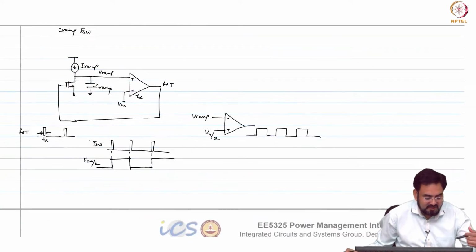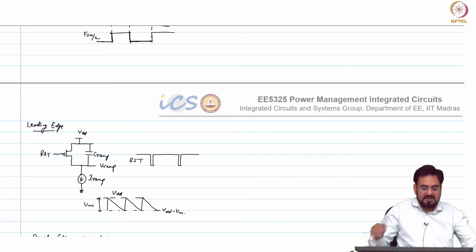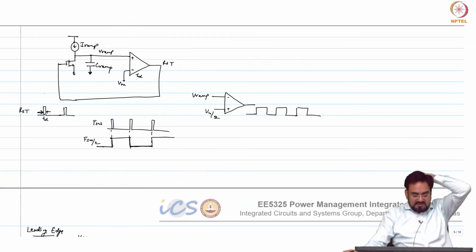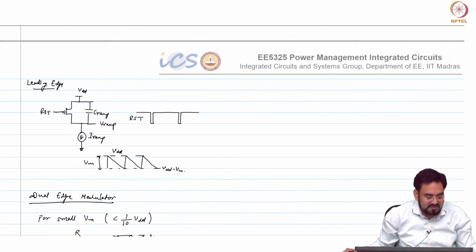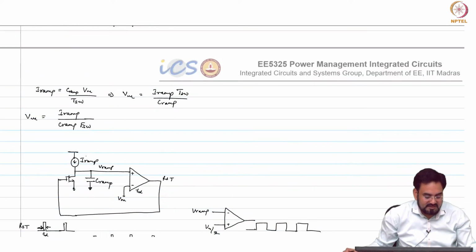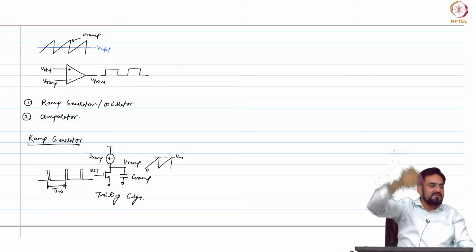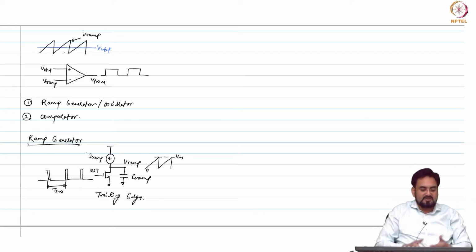So, whether you use an oscillator or this simple ramp generator, how do we make sure that my common mode remains at VDD by 2? Because we are resetting at 0. In this oscillator, this MOSFET will reset to 0 ground, and if you talk about the leading edge, set to VDD. So, you are always starting from 0 or VDD in this case. So, you are shifted towards VDD or towards ground, your ramp common mode is not at the mid VDD. So, this may have a problem.